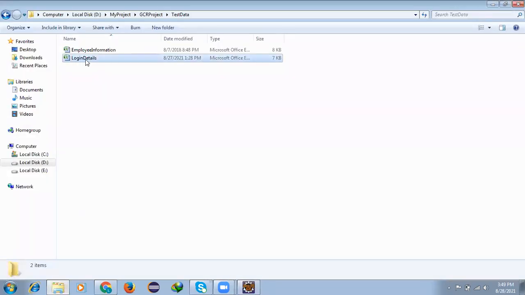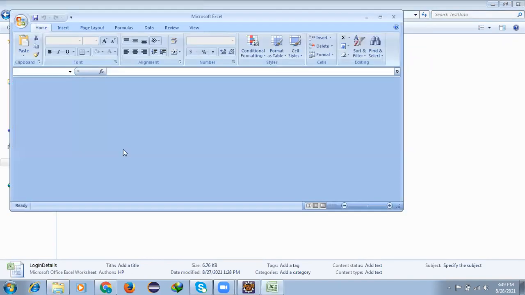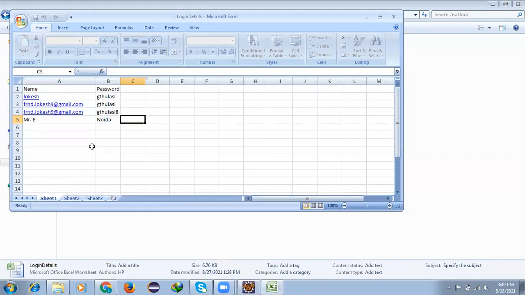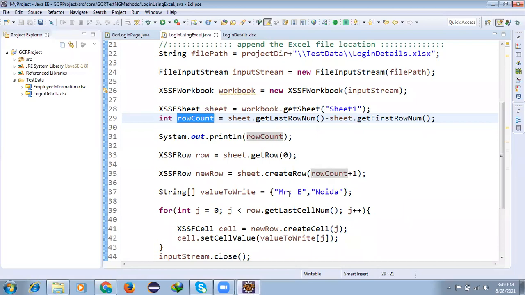Now if I open this Excel sheet, we can see 4 values. So including headers we have 5, correct? Now it will take the values here, and now I'm giving this to write, because we need the columns to store the values, which column we need to store the values in.